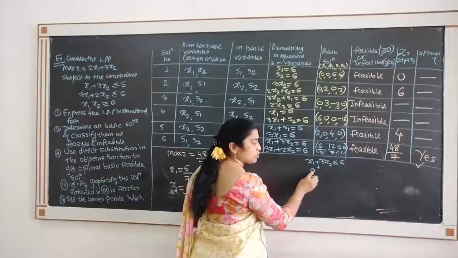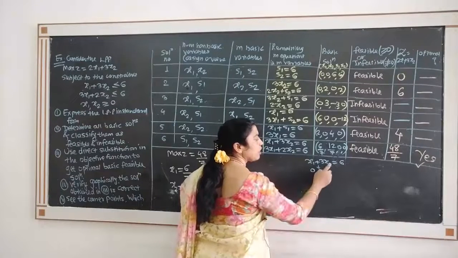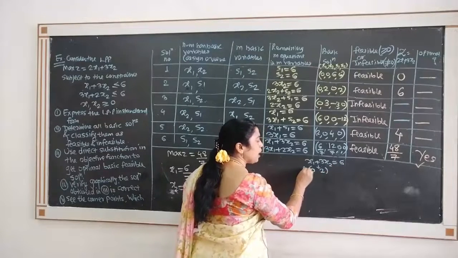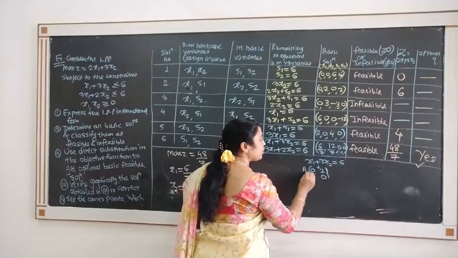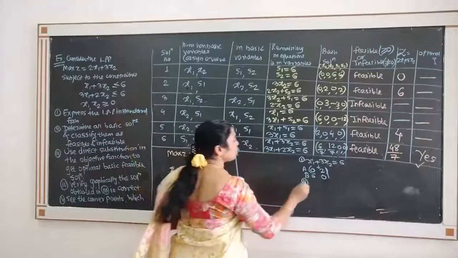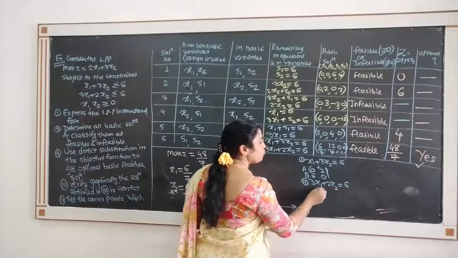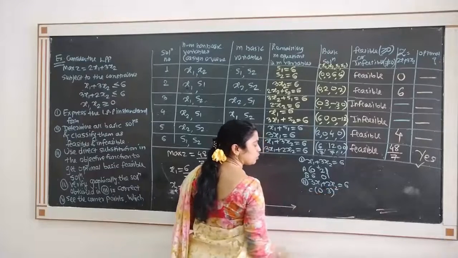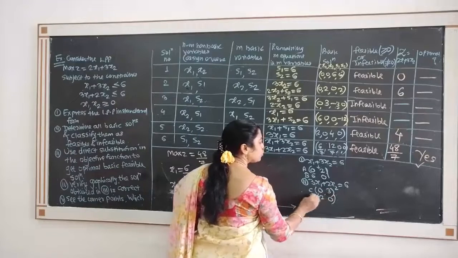Once we put x1 to be 0, 3x2 is equal to 6 because we are considering equality. 3x2 is equal to 6 means x2 is equal to 2. One point is 0, 2, and if you put x2 is equal to 0, we get x1 is equal to 6. The second point is 6, 0 for this. If you consider the second constraint, we have 3x1 plus 2x2 equal to 6. When you put x1 equal to 0, then 2x2 is 6. So x2 is equal to 3. When you put x2 is equal to 0, 3x1 is 6. So the point is 2, 0.